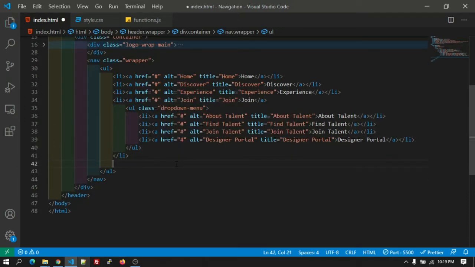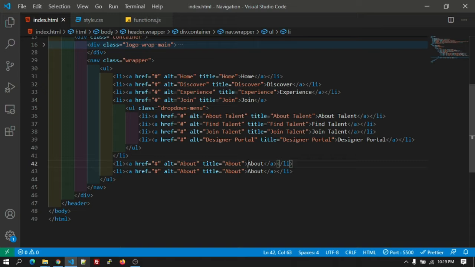Let's add another li for about, and there will be a press. So we are done with the